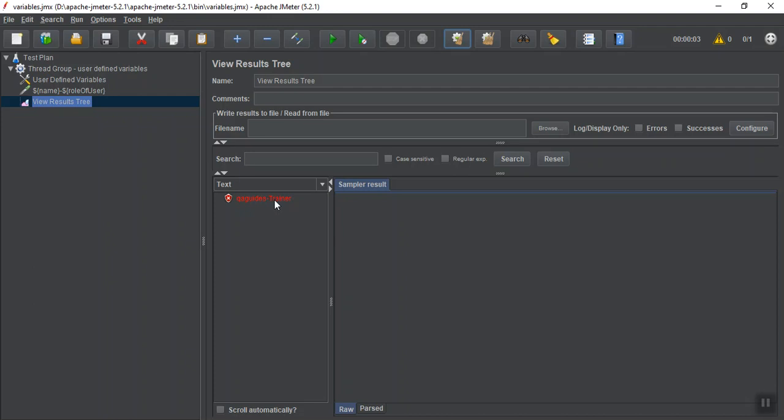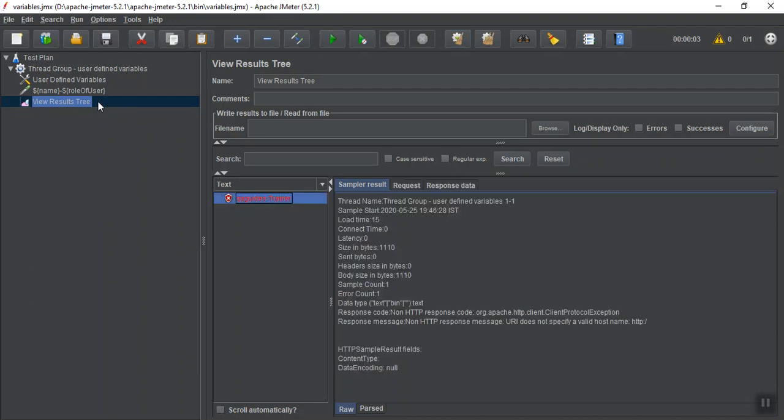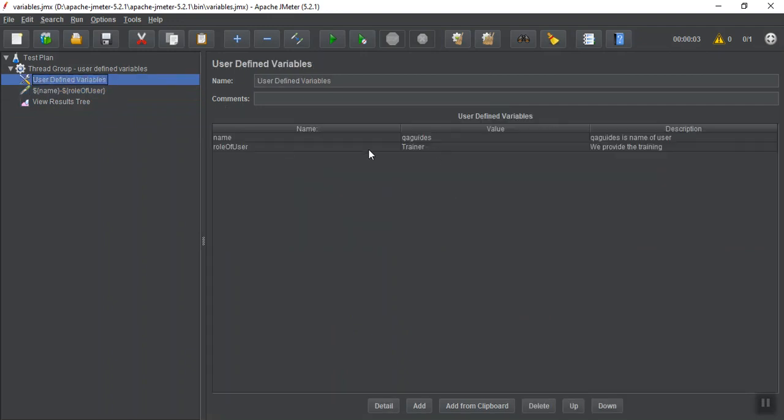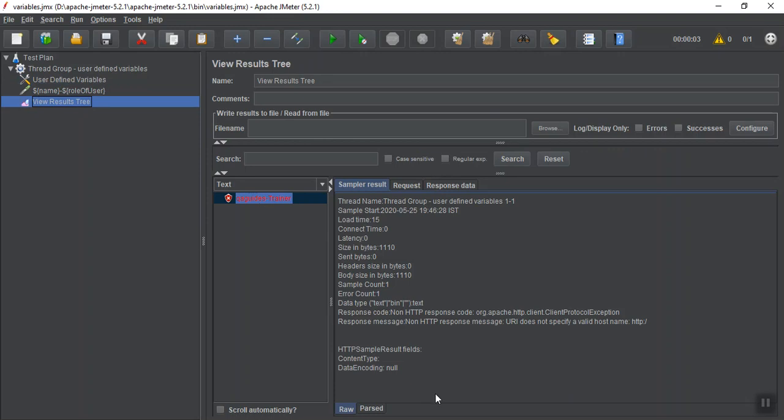See what it is saying: QA Guides trainer. The value of name is QA Guides and role of user is trainer. Getting the things? Don't worry about the sampler failing. It is failing because I have not provided the information in it.